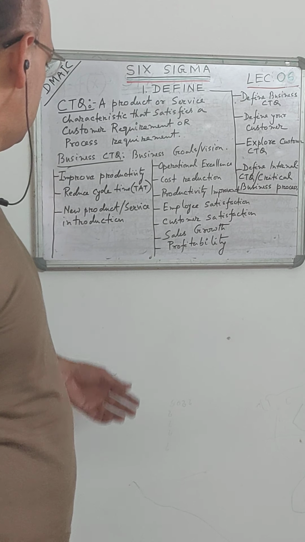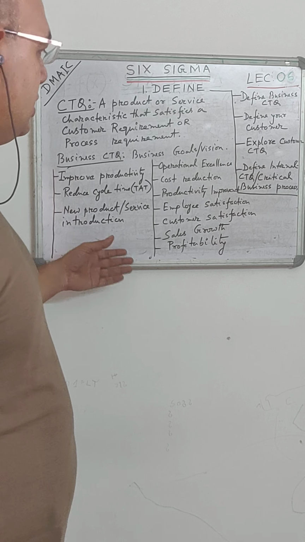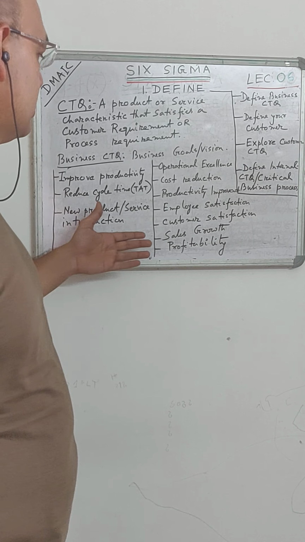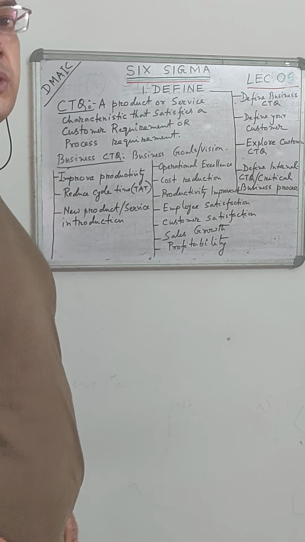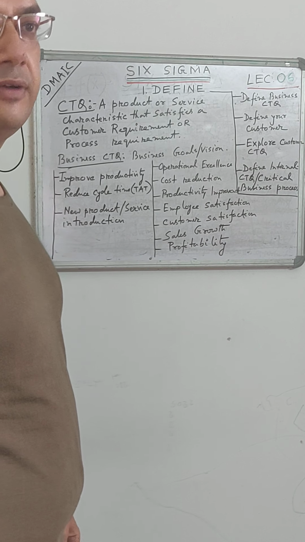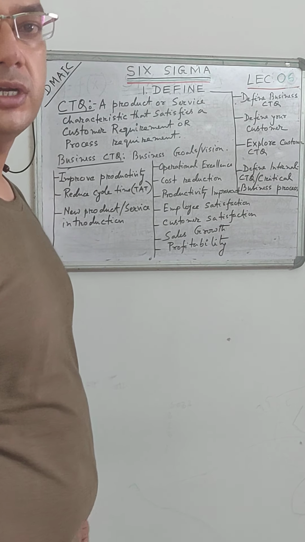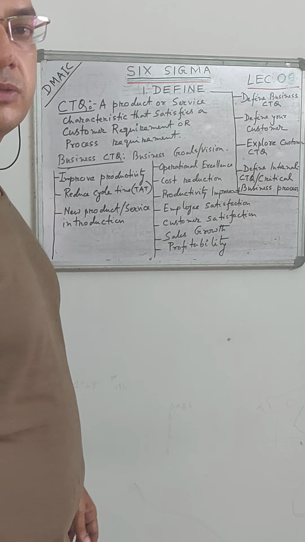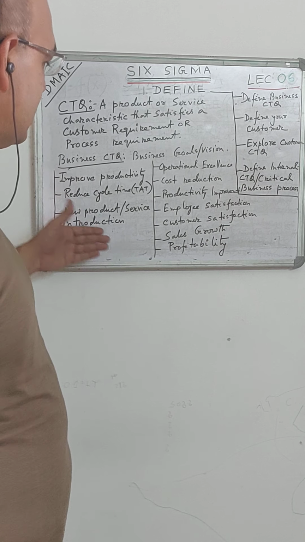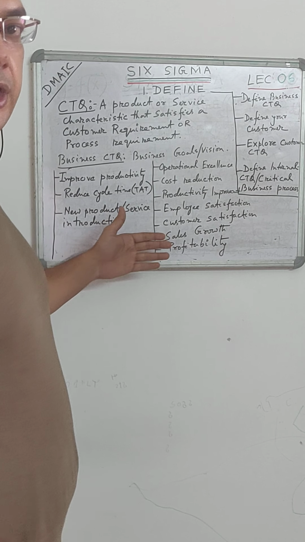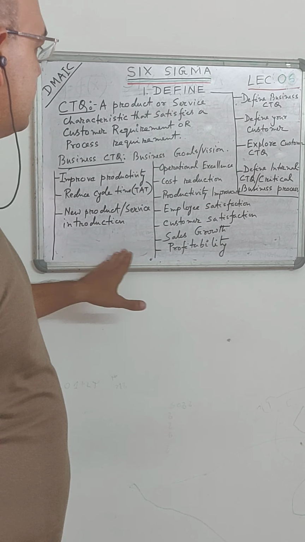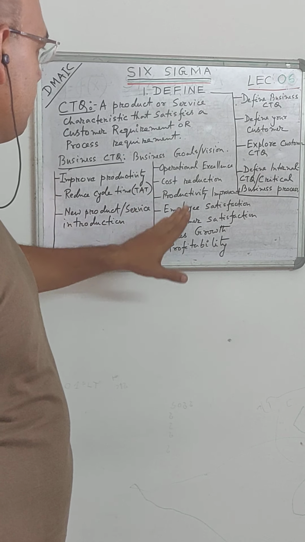lesser material. Okay, and always in manufacturing or any other industry, there is a strive for new products and services, because every time customers want new products, like in cars, every year there are a lot of models coming up. So for satisfying customer demand, we need to have projects for continuous development, renewing our models or anything. So these are basically, in a nutshell, business goals. Okay.